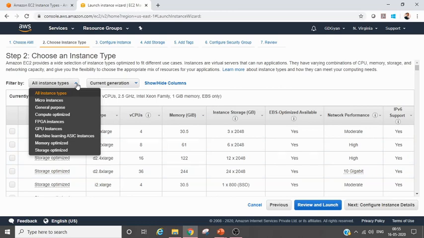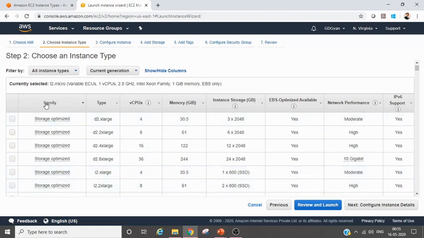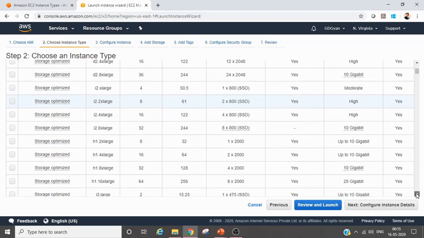You can select what are the different types of options you have. Okay, so I hope I covered all the necessary things that I'm supposed to do. Let's go back to T2.micro. Let's choose the one for which your friend Ganadeep doesn't have to pay anything from his pocket.